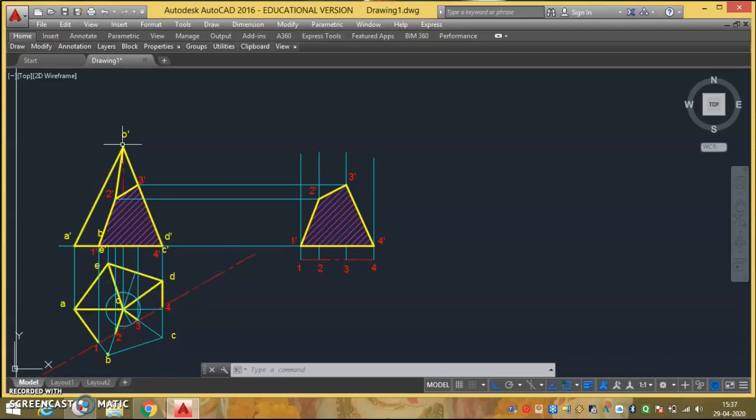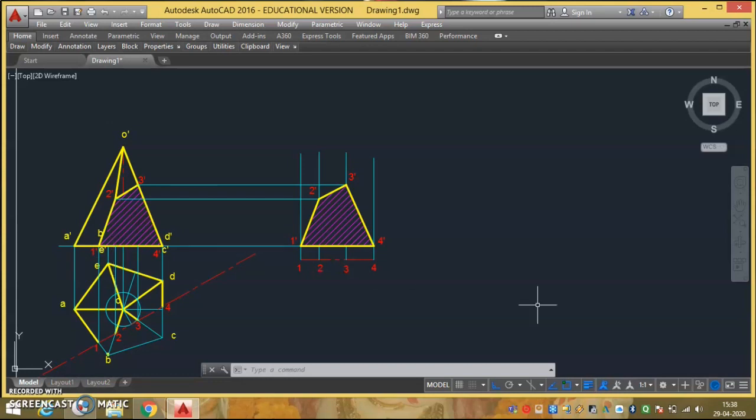The true length of the inclined edge you will get only if your line is parallel to XY line, that is parallel to VP. Here OA is parallel to XY line, that is why the OA length is true length. But OC and OD are not parallel to XY line, so the length you got here for OC or OD is projected length. Same is the case with OB and OE. Those lines are not parallel to XY line, so the line you got for OB and OE here is not the true length.